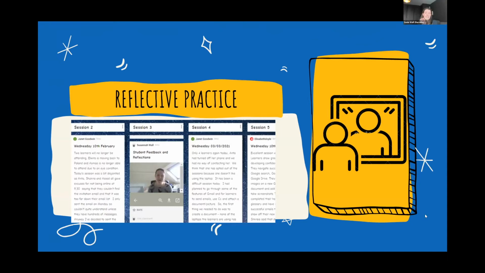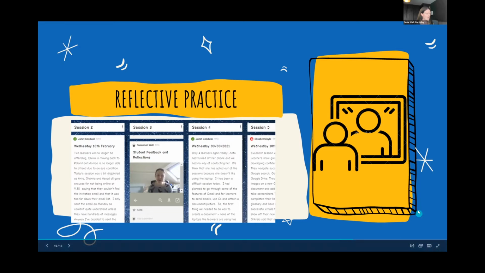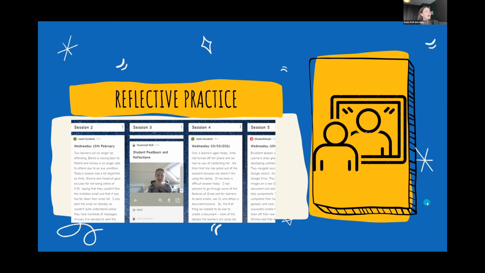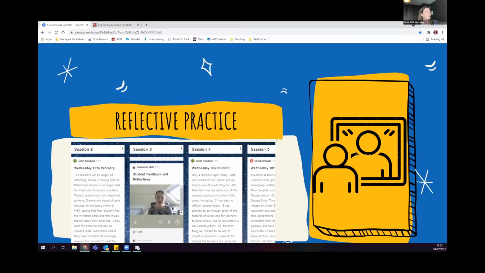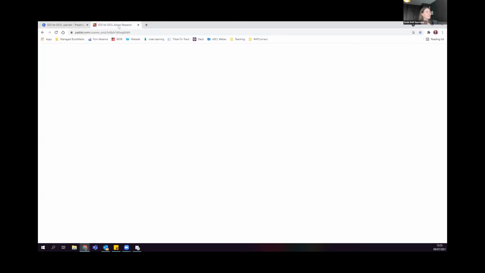Okay, and then to come to the final theme, it links into what Leslie was saying, but the reflective practice from the tutors particularly was a really great outcome of the project, and it really helped them to develop that glossary and the resources for the lessons that they were doing more generally. And the way that we encouraged this, so we were all working remotely, obviously, at this time, was we set up a reflective Padlet. Now, I'll just give you a quick glimpse of that.